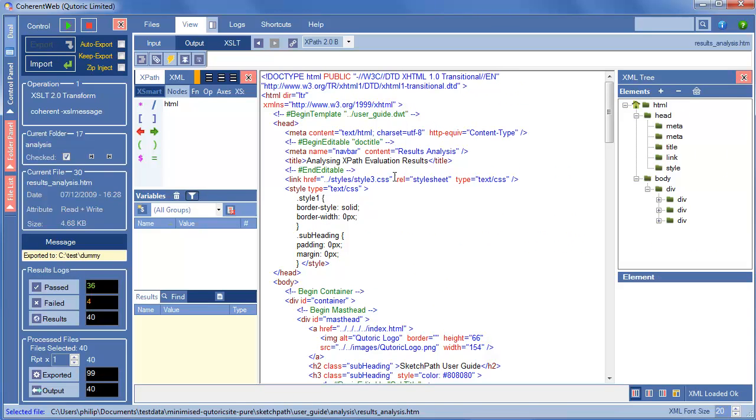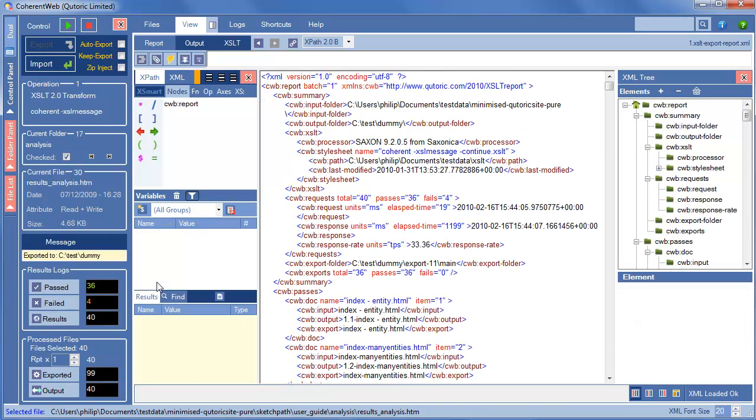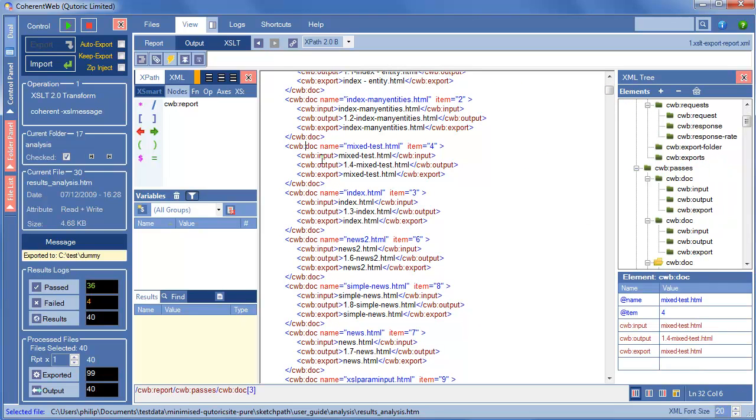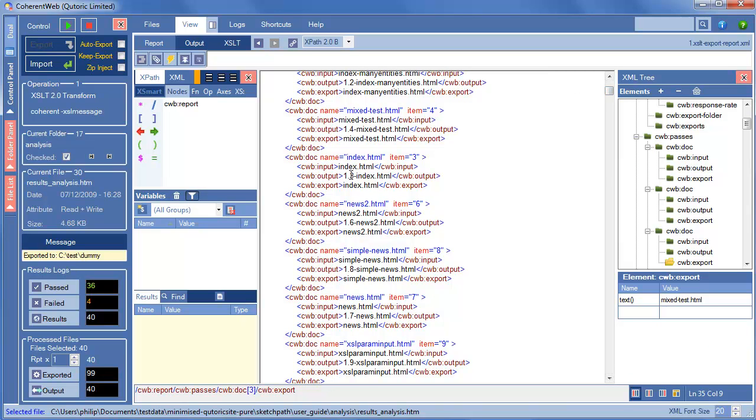Now this report view always automatically goes back to showing the previous views, so in order to refresh that we have to click results here, and now we can see that for every document listed as well as an input and an output, there's also an export entry. So you can see that the output entry is actually prefixed with a number indicating the batch number of